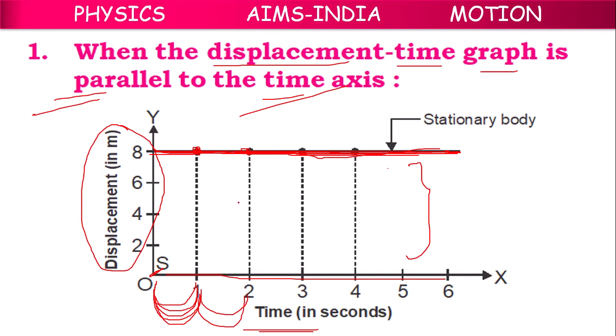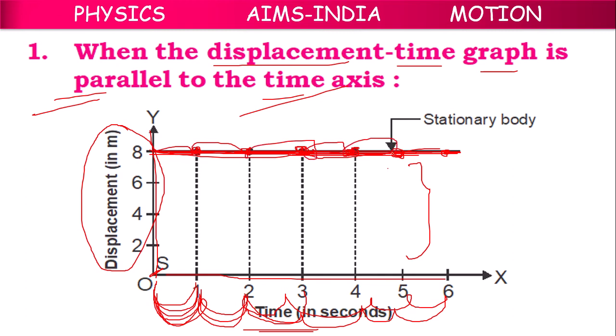After 2 seconds also, the displacement is the same. After 3 seconds, the y value, the displacement plotted on the y-axis, is 8. After 4 seconds it is 8, after 5 seconds 8, after 6 seconds 8. This means the x value, the time, is changing, the time is passing on, whereas the displacement is constant. Though the time passes, there is no change in the displacement,